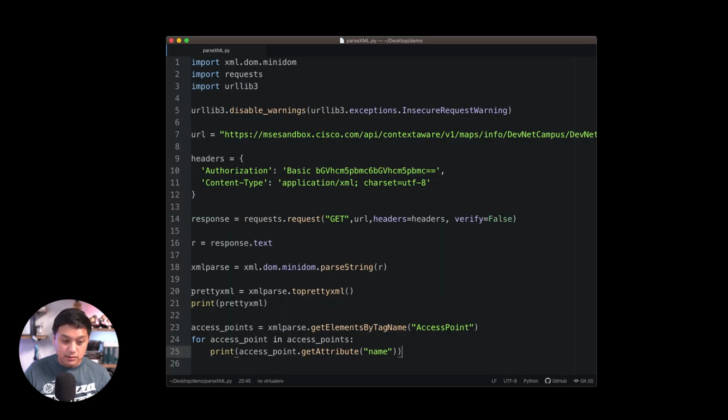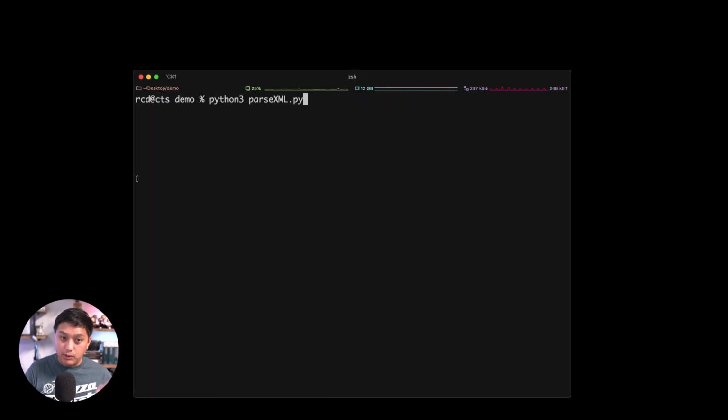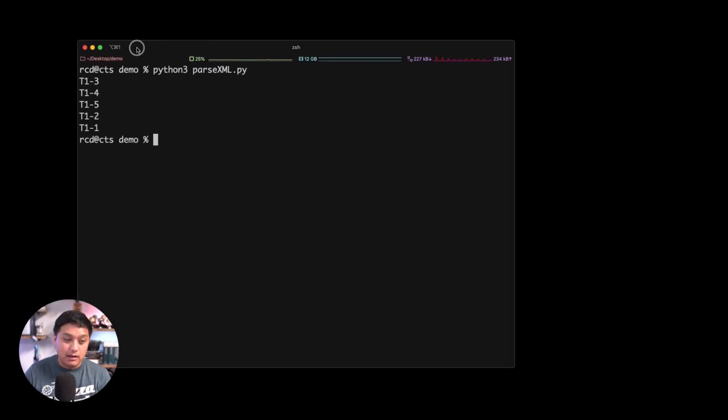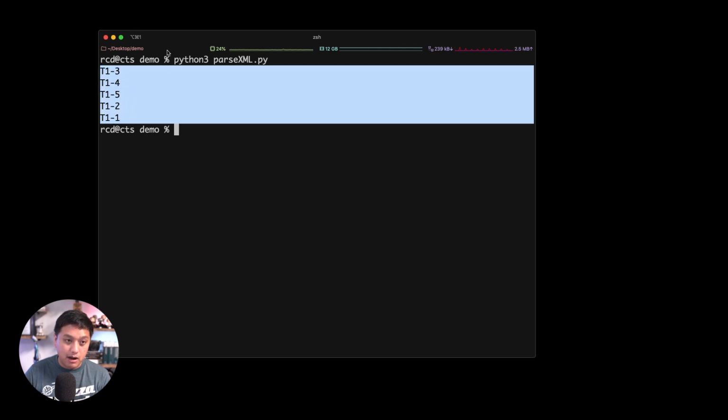And I do want to comment this out so we don't get that output. Then we rerun the script. And so there you go. I've actually parsed out the XML document and have shown you that I created a for loop to show you that now I can see